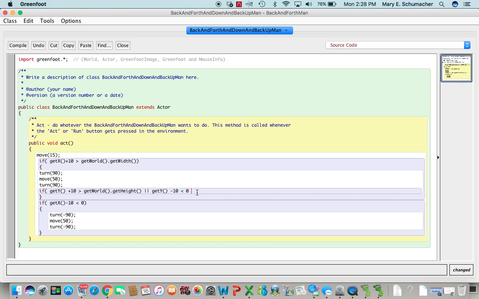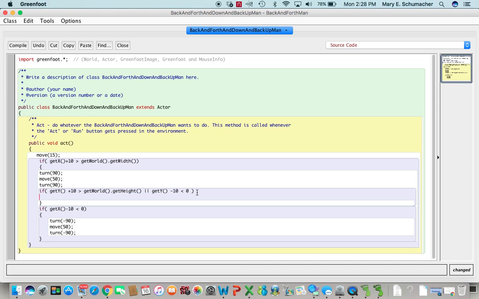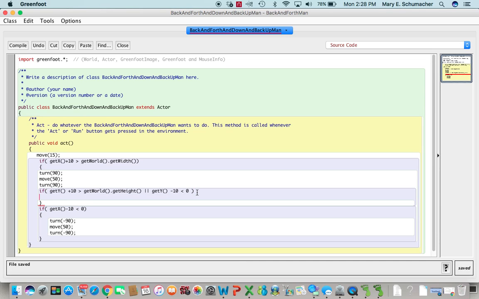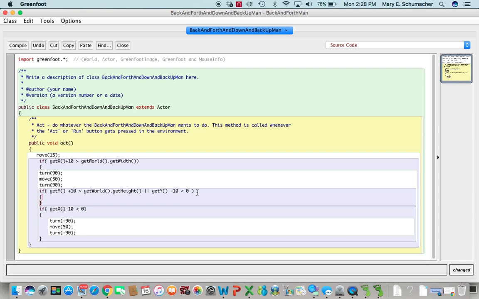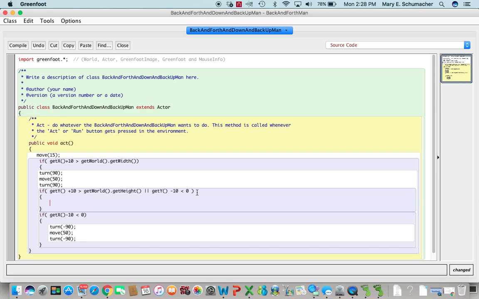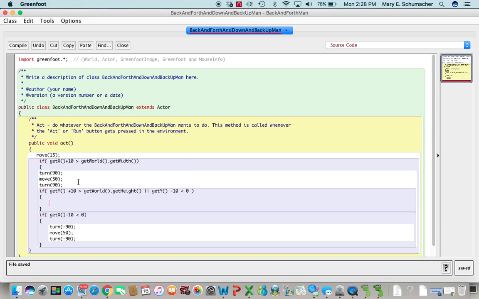And then if that's the case, we want to turn things around. So to turn things around, we're going to change how much we're turning here. We're just going to change the direction that we turn. For example,